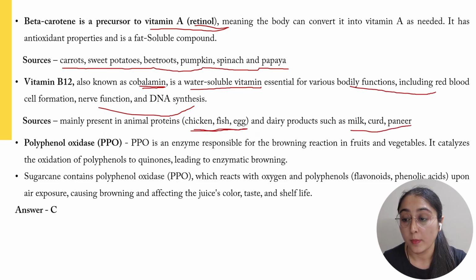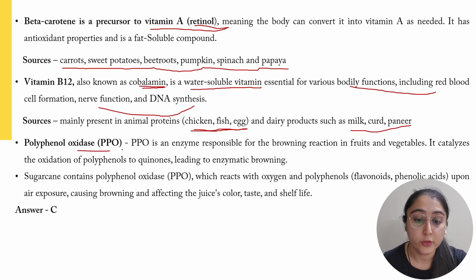curd and paneer. Now about vitamin B12, it is basically found in only animal products or dairy products which are again coming from animals such as milk, curd and paneer, and it is not found in the vegetarian sources. So it can only be found in the products which are generally fortified. Let's say fortified cereals or fortified plant-based milks are coming these days fortified with B12, but otherwise it is only found in the animal products or dairy products. Therefore, the people who are vegetarian or vegan can sometimes also require supplements for vitamin B12.